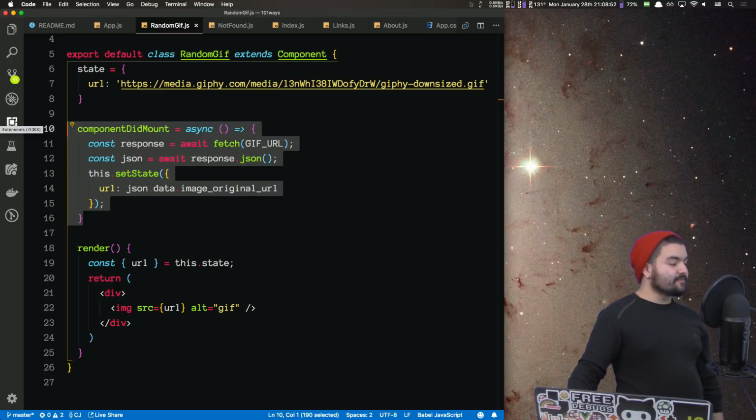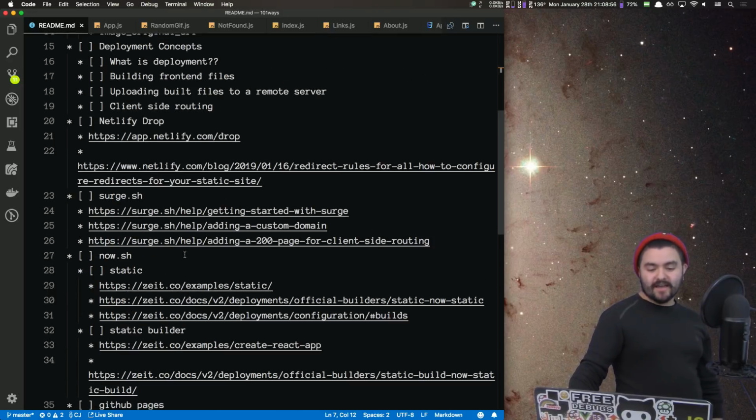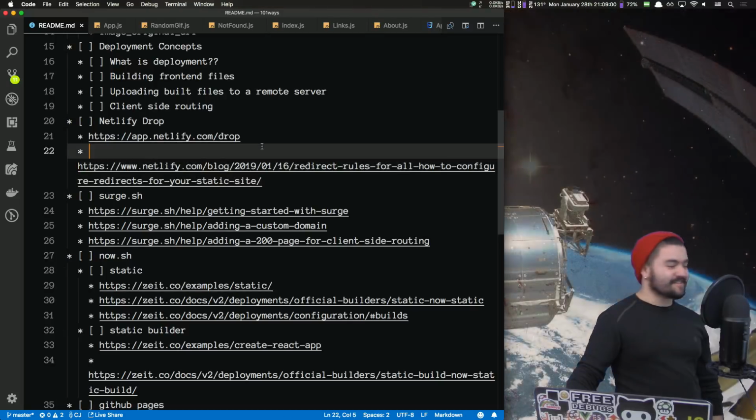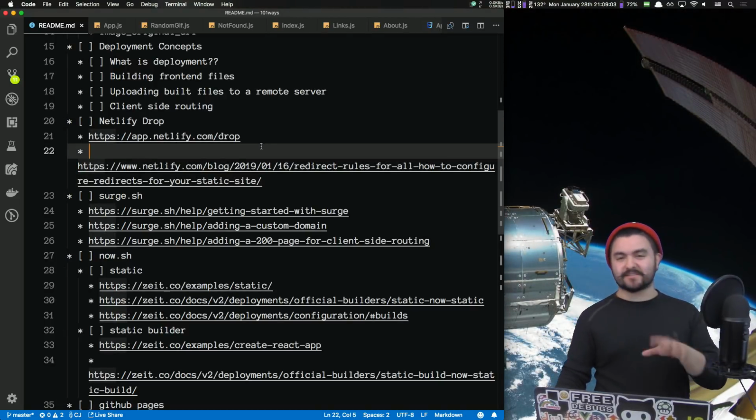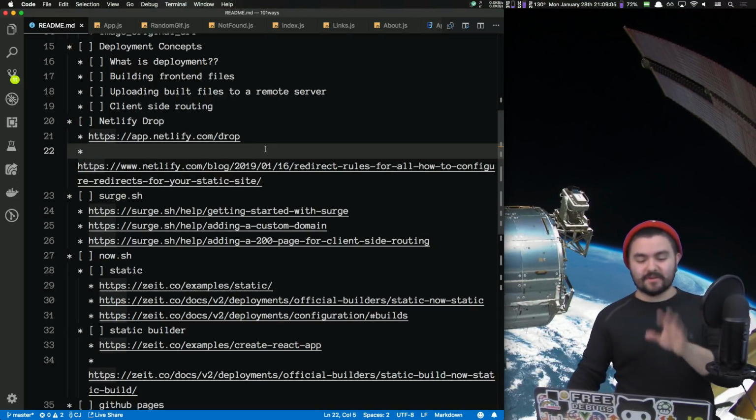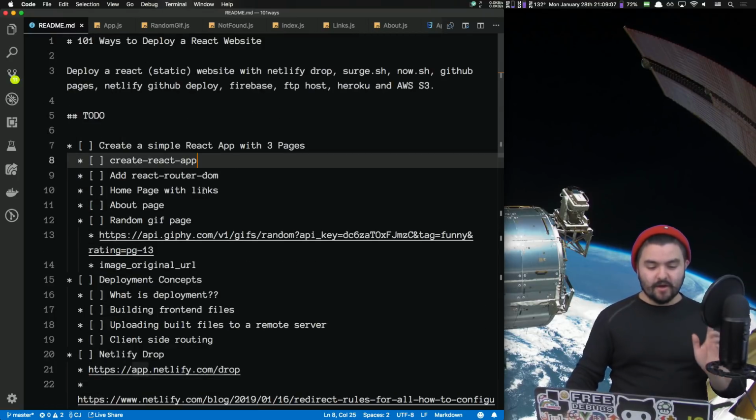Yeah, Nino is saying routing will not work on Netlify because it only serves static assets. I have some notes on how to actually set up routing, which is why I wanted to show this, because it is possible to have client-side routing on all of these ways of deploying. Okay,